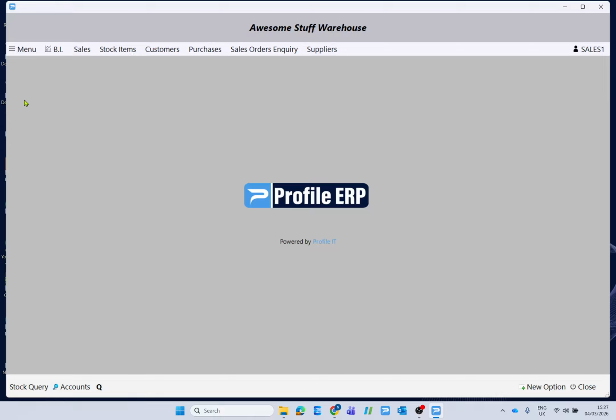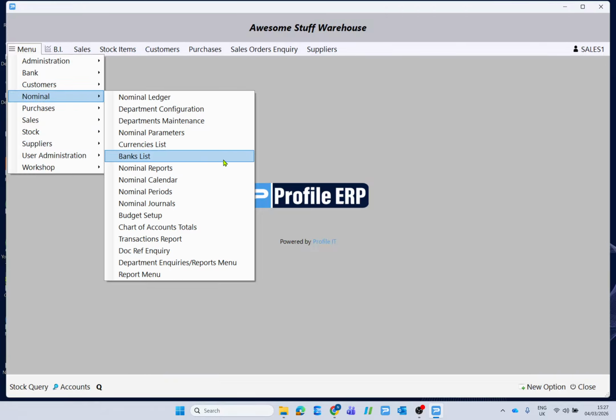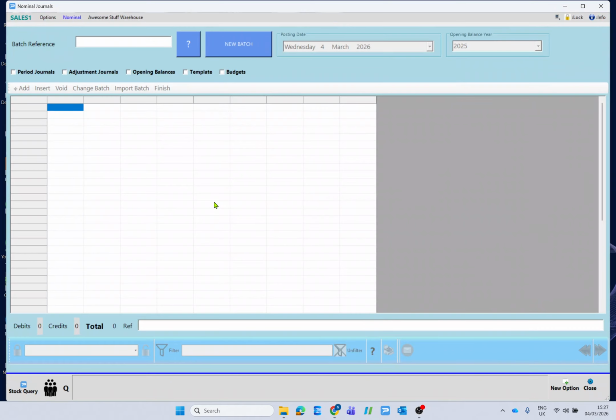So the first thing we're going to do, step one, is to create our template. To do that, we click on Menu, Nominal, and navigate to Nominal Journals. From within here, we have to make one of these choices where we tick a box, and we're going to tick Template. Just above that in the batch reference, which is normally a generated number when you do a regular period journal, we're actually going to type in